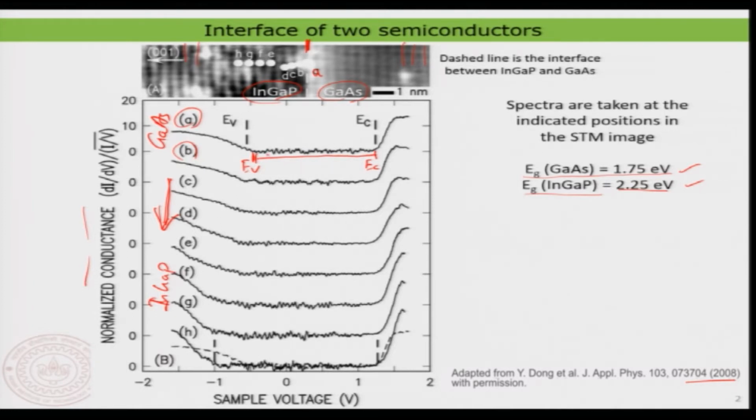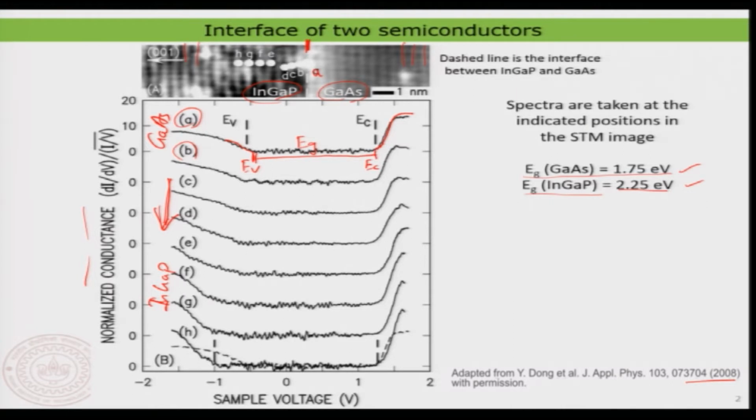Now, you clearly see that region here, EG, is basically kind of flat, there is almost no density. So, it is 0, that is actually the reason why we call it band gap, and then as soon as you hit this, the density basically rises like that, and also on the other side the density rises like that. So, no surprise, you would get a value which is somewhere around 1.75, which is no surprise because that is what you would expect for gallium arsenide.